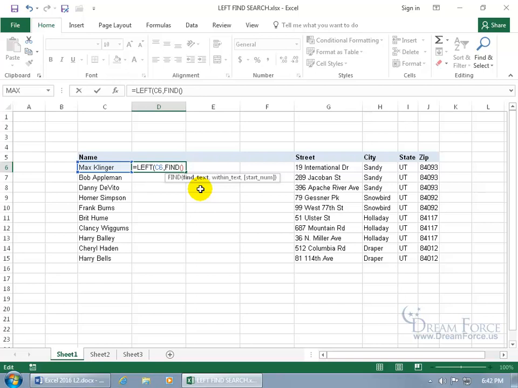We're looking for a space. So go ahead and do open quotes, space, close quotes. Hit comma on the keyboard to go to the next argument, and it says, okay, where are we looking in? Within what text? It's in cell C6. So go ahead and select it. And then at this point, I'm going to skip the last part, the start number, because by default it's going